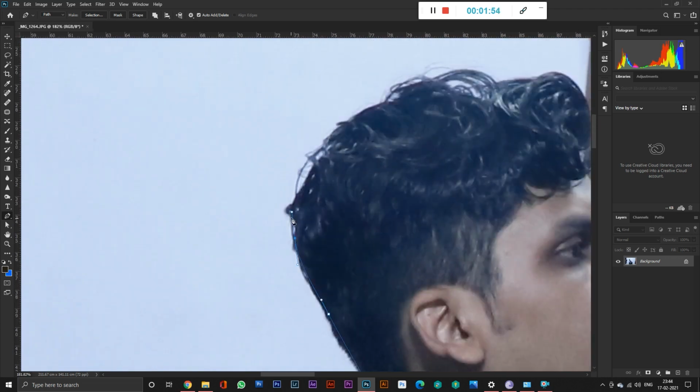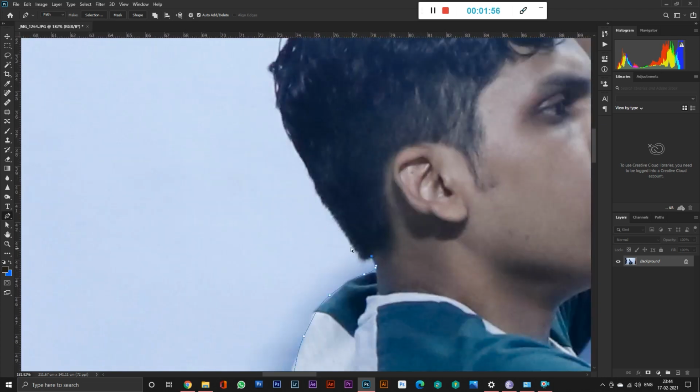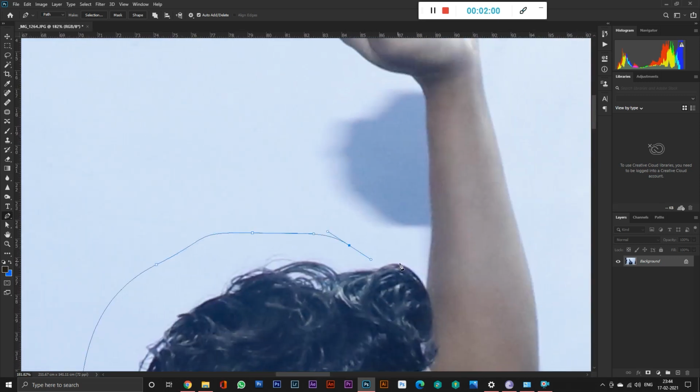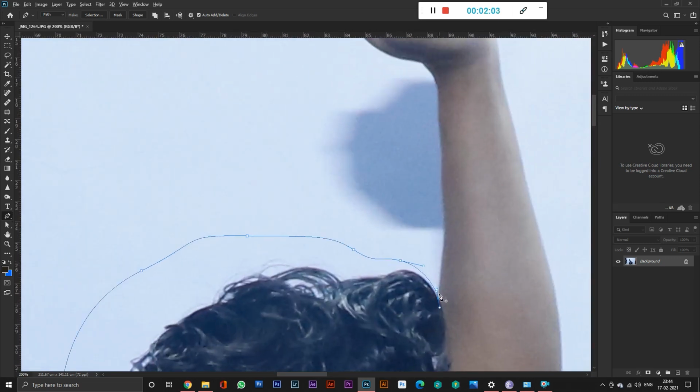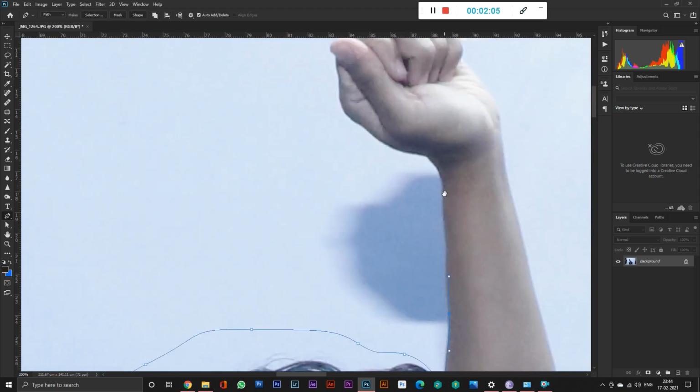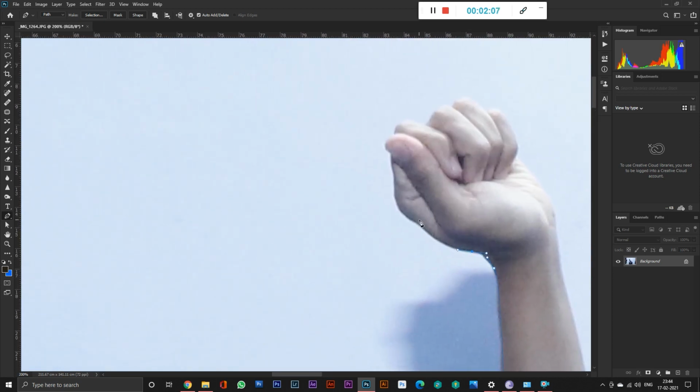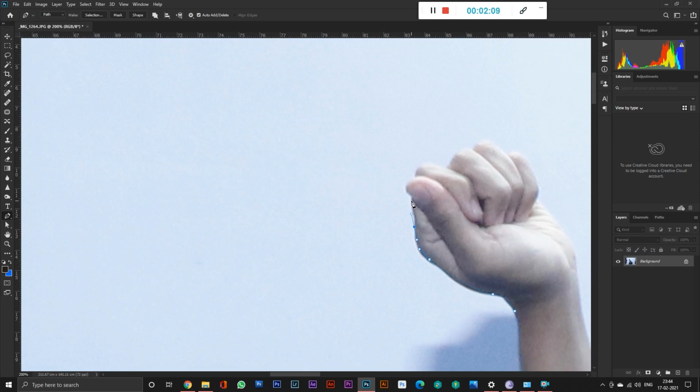For the hat parts, actually we should not be cutting like this, but we can take it out the outer way and then cut through the outer way, because in the further stage we can use masking or multiplying in the blending mode. You can change the hair parts and all this.